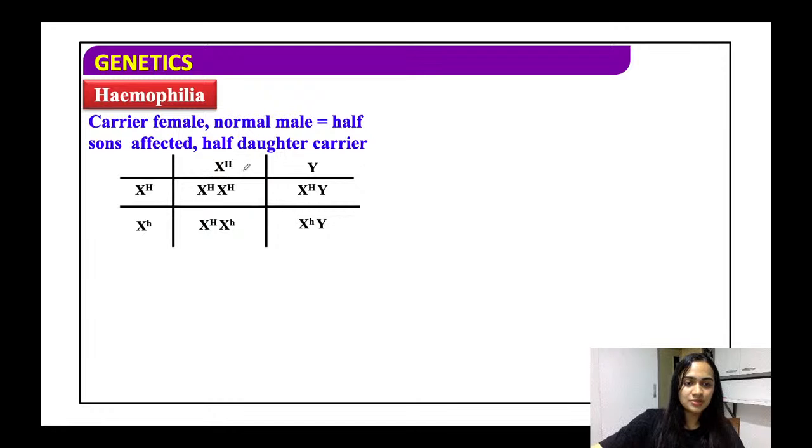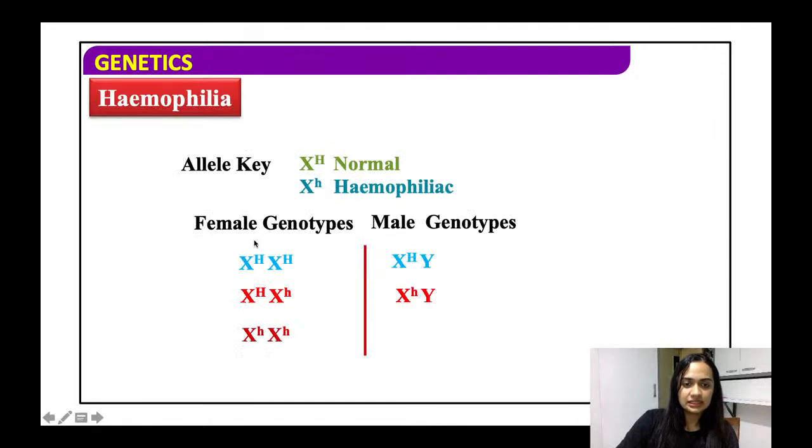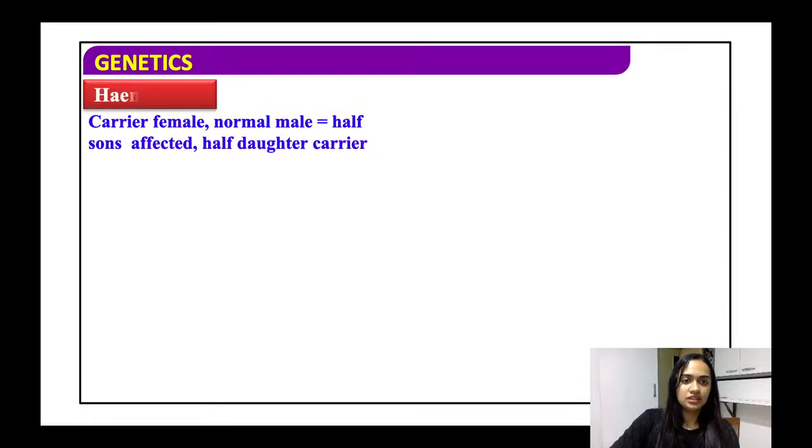But the Punnett square basically has an affected male. यहाँ पे normal नहीं, ये Punnett square में affected होना चाहिए. Is affected, all right? तो अब देखिए affected में क्या बनेंगे, ये तो जो है वो है, अच्छा एक सेकेंड ना, हम एक बार जीन की देखते हैं, एलील की देखते हैं। अच्छा तो देखिए यहाँ पे हमें कहा है कि ये होता है फीमेल जीनोटाइप्स एंड ये है मेल, ऑलराइट, फाइन फाइन फाइन।